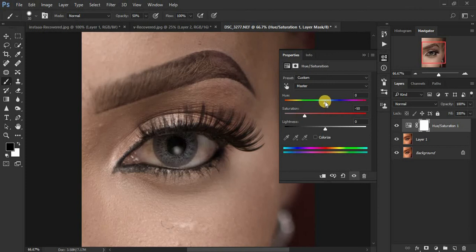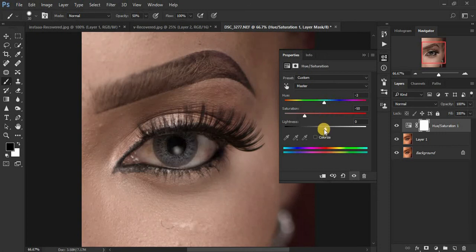And now remember we want to eliminate the yellows or the red in the eyes, so let's just knock it down to around, let's leave this at around